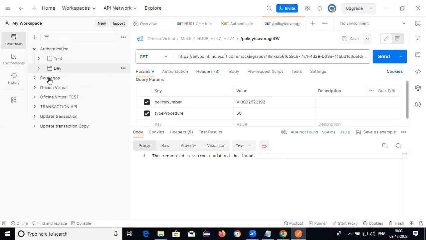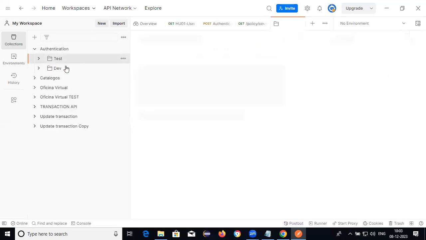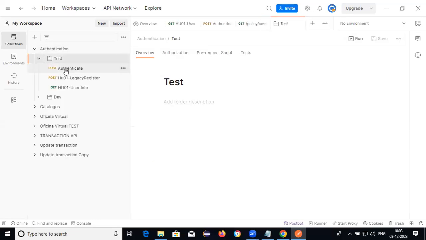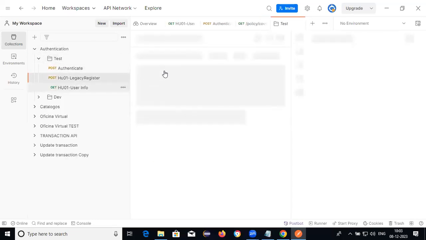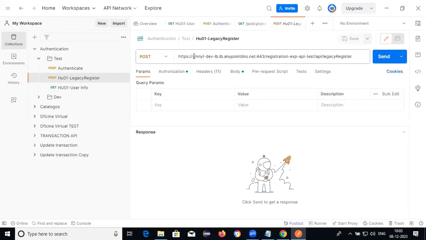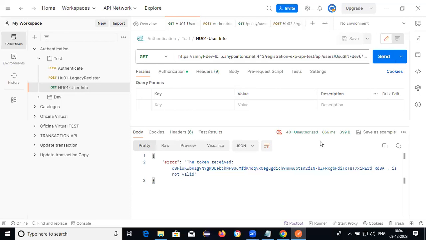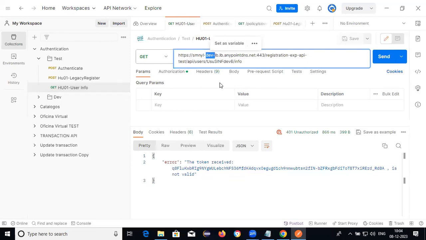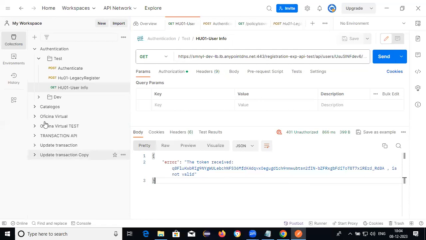Actually, I was shocked. These are all my previous company APIs. My project is the SMNYR. This is the dev environment, real-time APIs. Dev environment, not a test environment.